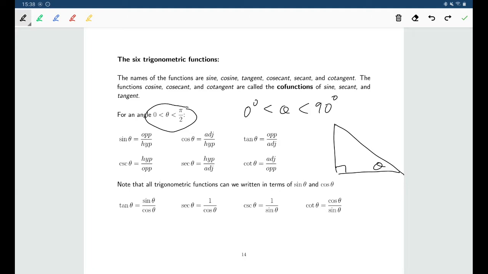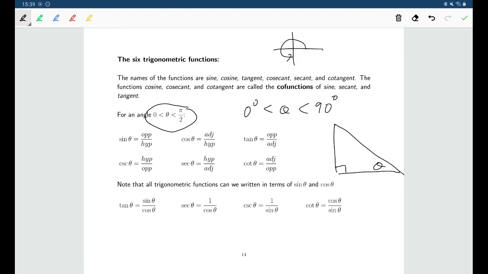Also, if you're thinking back to the previous section, you know that angles don't have to be just between 0 and 90. You can have an angle, for example, of 270 degrees. And unfortunately, right triangle trig is not useful for that. So that's the reason why, in case you're wondering why there are multiple definitions for these trig functions: in some cases, right angle trigonometry is good enough, but in others, we'll need an expanded definition that will cover cases